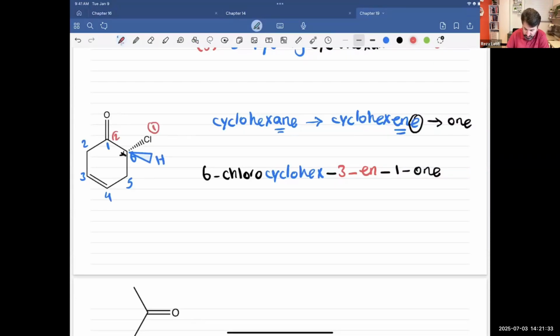This is going to be 1, 2. This one, it will be 3. Hydrogen, it will be number 4. That's going to be counterclockwise. So it's supposed to be S, but because hydrogen is facing to us, it will be R. So I'm going to put R in the front of it. So this one, it will be R, 6